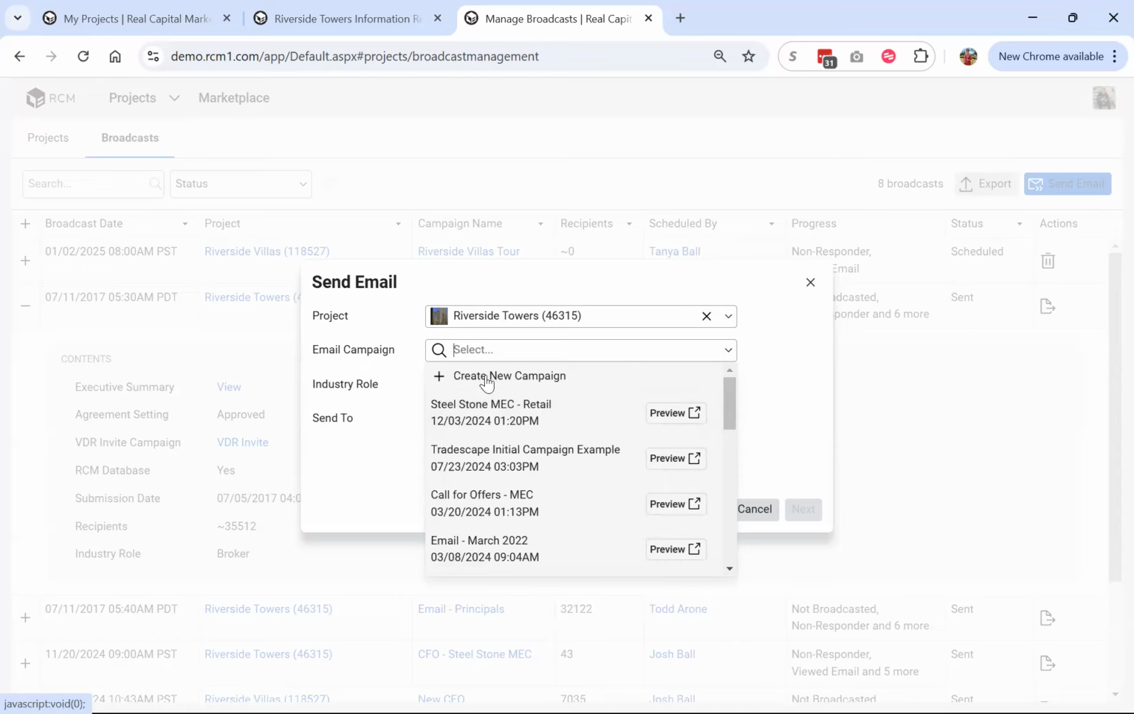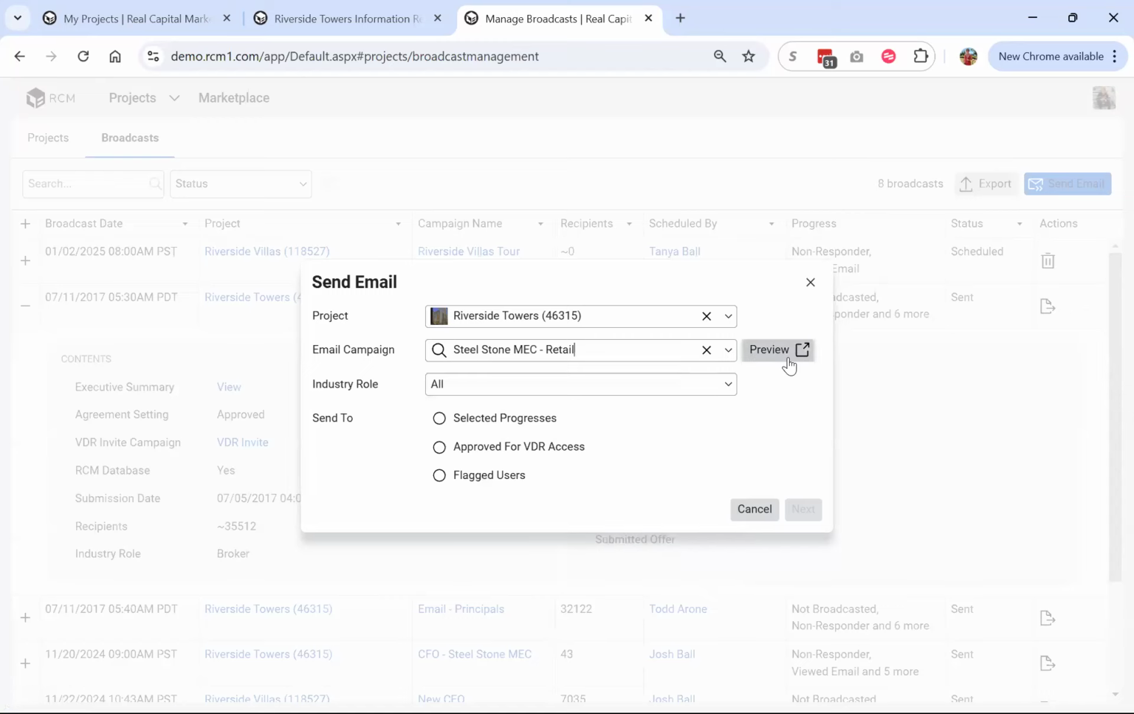One of my new favorite features is the ability to create a new campaign from the scheduling process. So if you log in, you go to send your email and realize that you have not set up the email yet, you can click on create new campaign. It will open up your email editor, allow you to create a new email, and then save it here that you can then send. You can select your industry roles here,